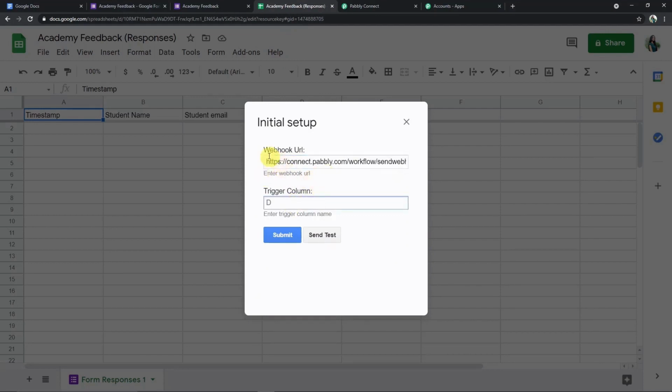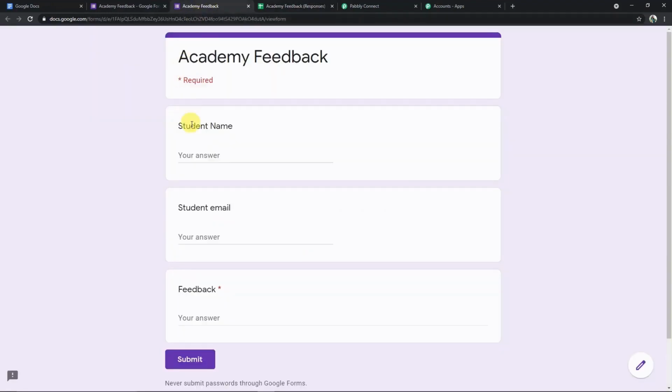Here my last column is feedback. This is D, so I'm just making it as D. Now this is my trigger column, and your last column would be your trigger column. Now I'm going back to this Academy feedback form, and I'm filling it with a random student